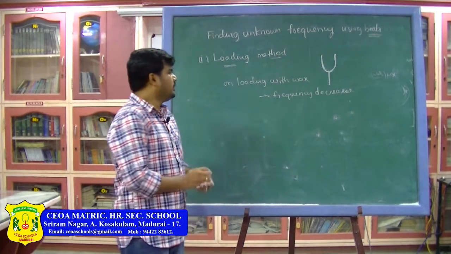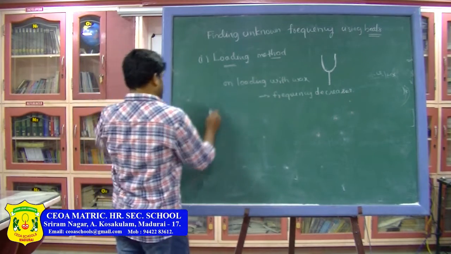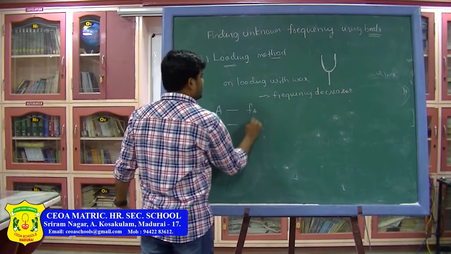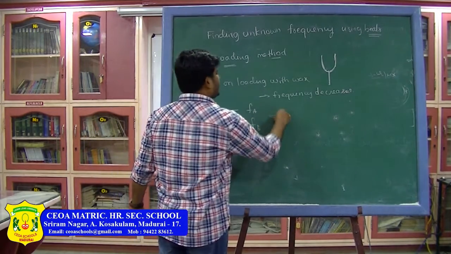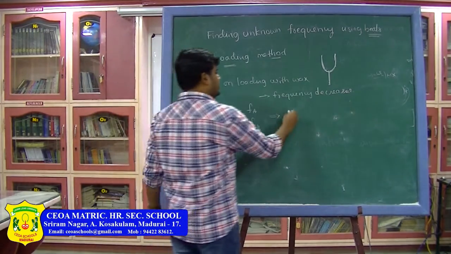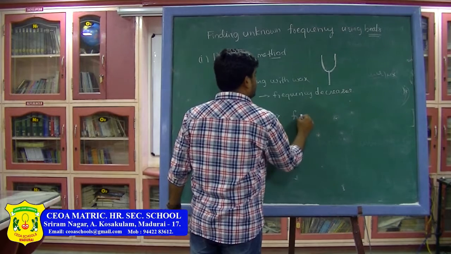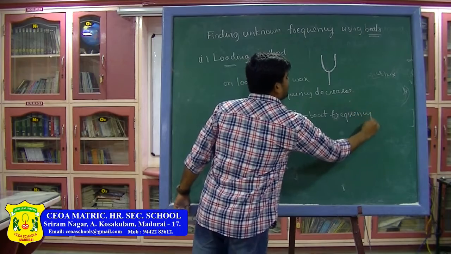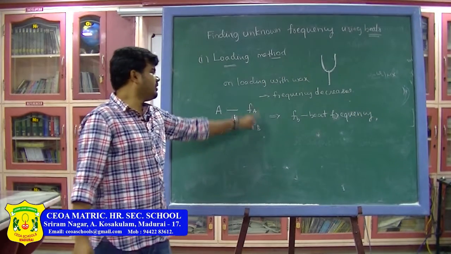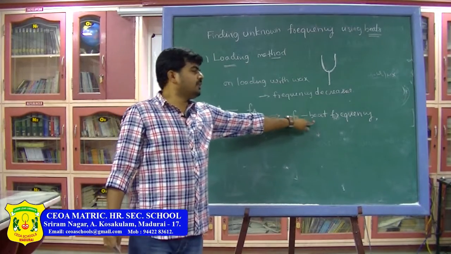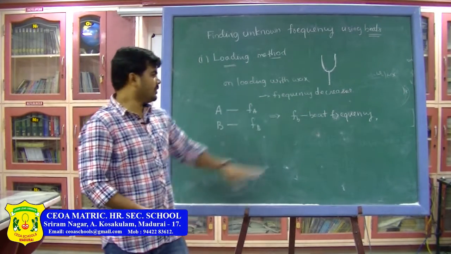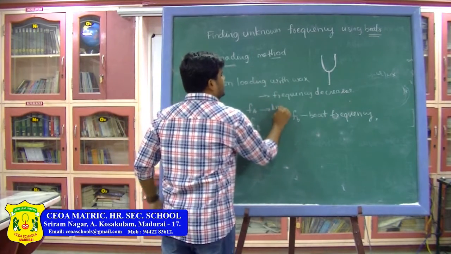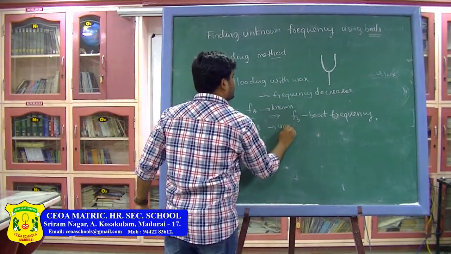Okay. Keeping this in mind, let us see how to find the unknown frequency using the concept of beats. Let us consider two tuning forks, tuning fork A with a frequency FA and tuning fork B with a frequency FB. Let them be sounding together, producing some number of beats FB. So, this is the beat frequency. Remember, there are two tuning forks of frequencies FA and FB, and they are producing FB beats per second initially, before loading. Now, let this be a known frequency, and this an unknown frequency.